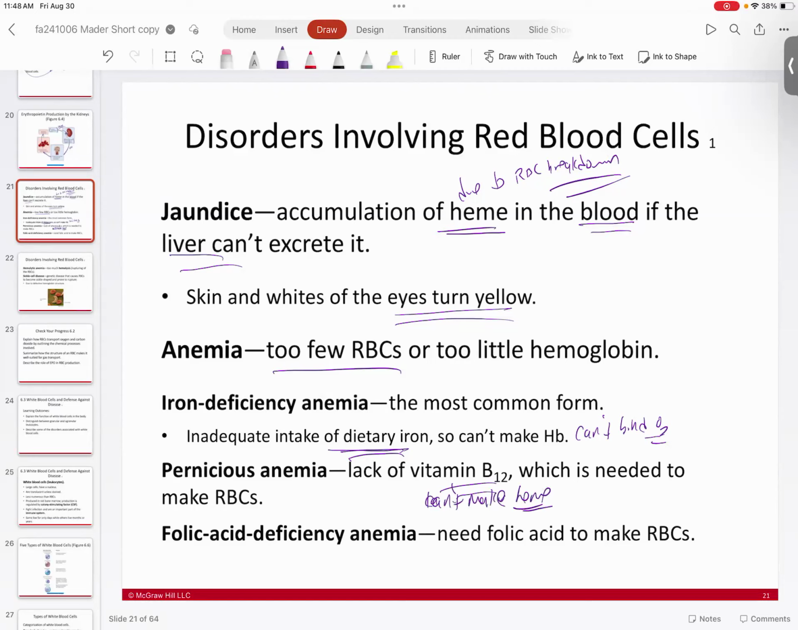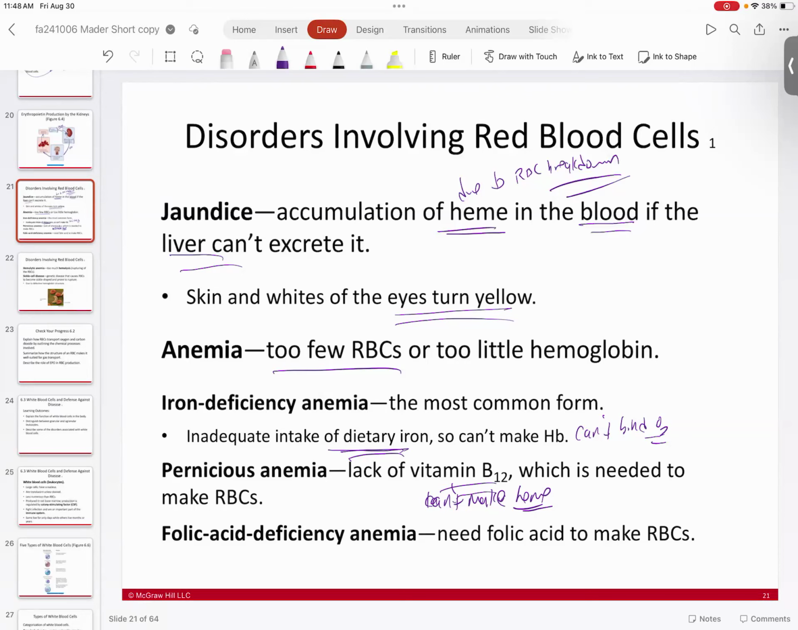Remember, the heme is that little prosthetic group, and it's complex with an iron. So iron deficiency, you make the heme just fine, but you don't have an iron to bind to oxygen. In pernicious anemia, you don't have enough B12, so you can't make heme. It doesn't matter if you have good iron. If you can't make heme, then you're not going to be able to make the prosthetic group to be able to bind to your